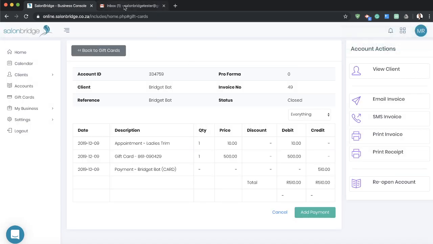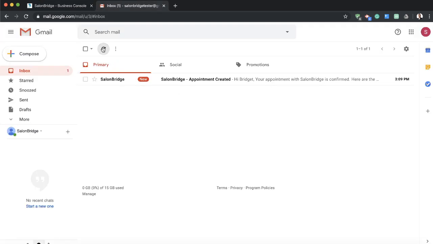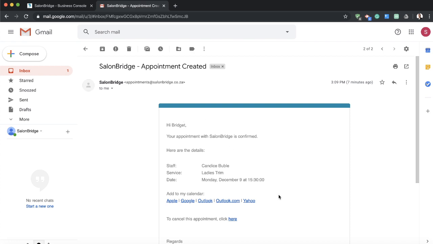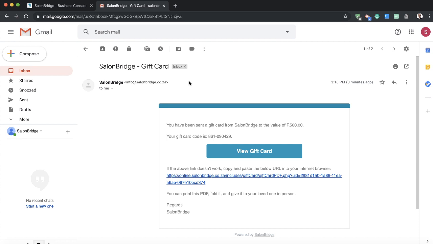If I were to go to the inbox over here, I can see what would have been received by the customer. So this is an example of the customer receiving the appointment confirmation from earlier. This is when I booked it in the calendar. But then this is the gift card that got sent,